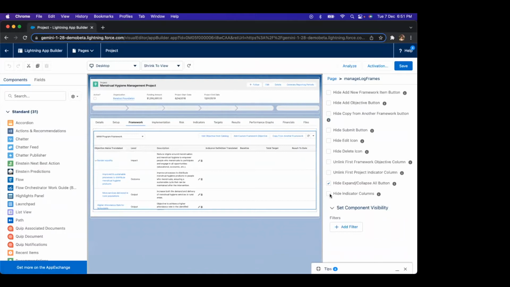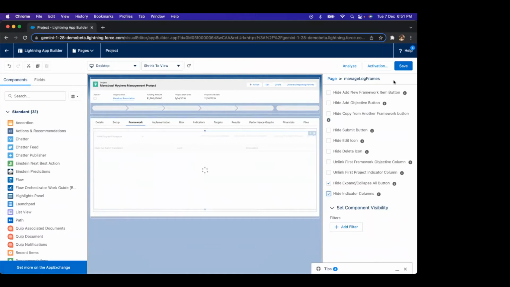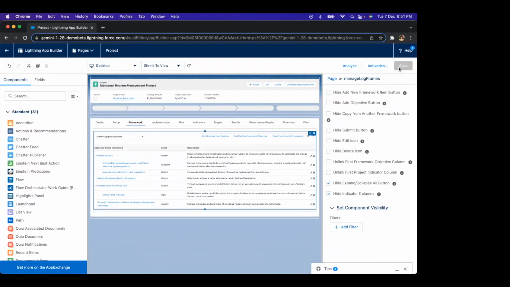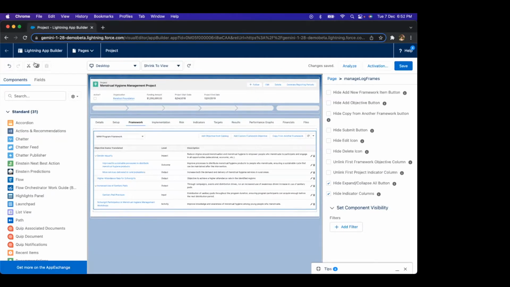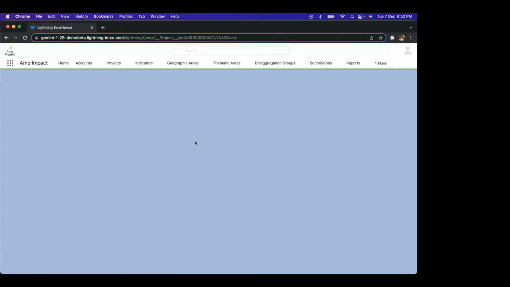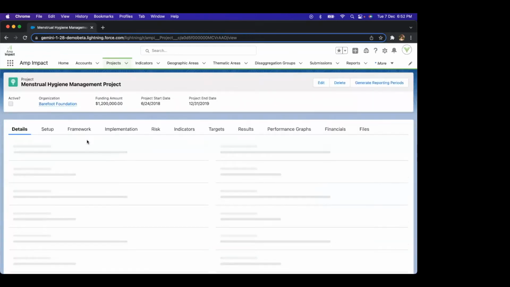And I can click hide indicator columns as true. Let's save it. You can see in the preview that the columns are saving. All right, now it's saved. And in the preview, you can see that the columns are hidden. What does this look like in